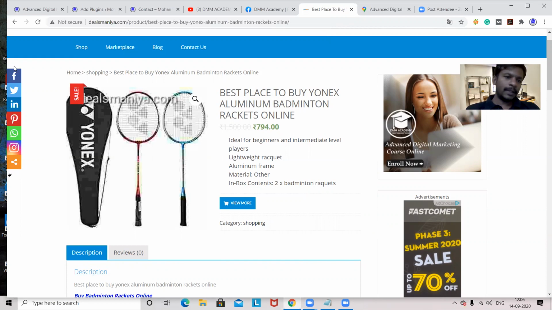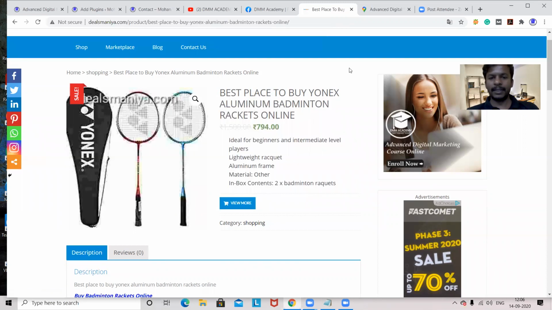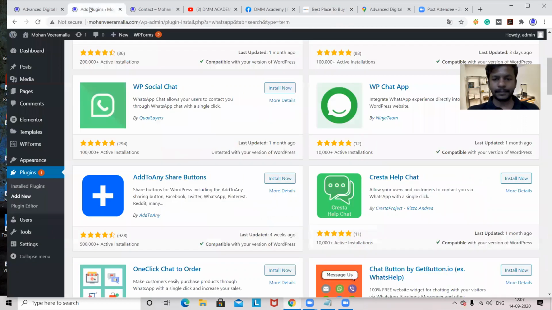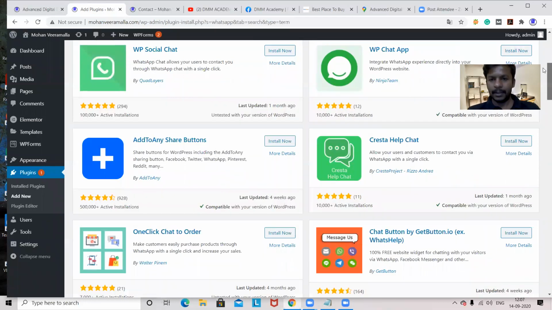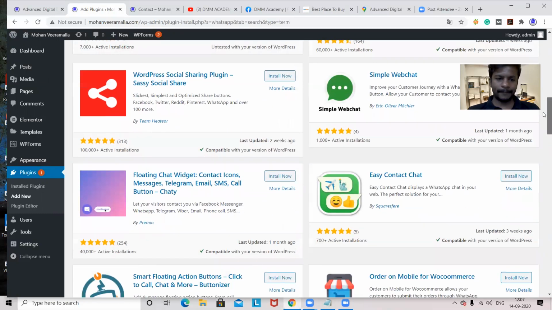Now this is a plugin. If people want to share, they can do it easily. For example, if I want to share this property with my friend, simply when I click on this, it shows a number of options. Now people can easily share this property with somebody. This is one way of increasing traffic to your website. When you have more shares, that means more people are visiting. Automatically, you get good traffic. When you have good traffic, you'll be earning good money.